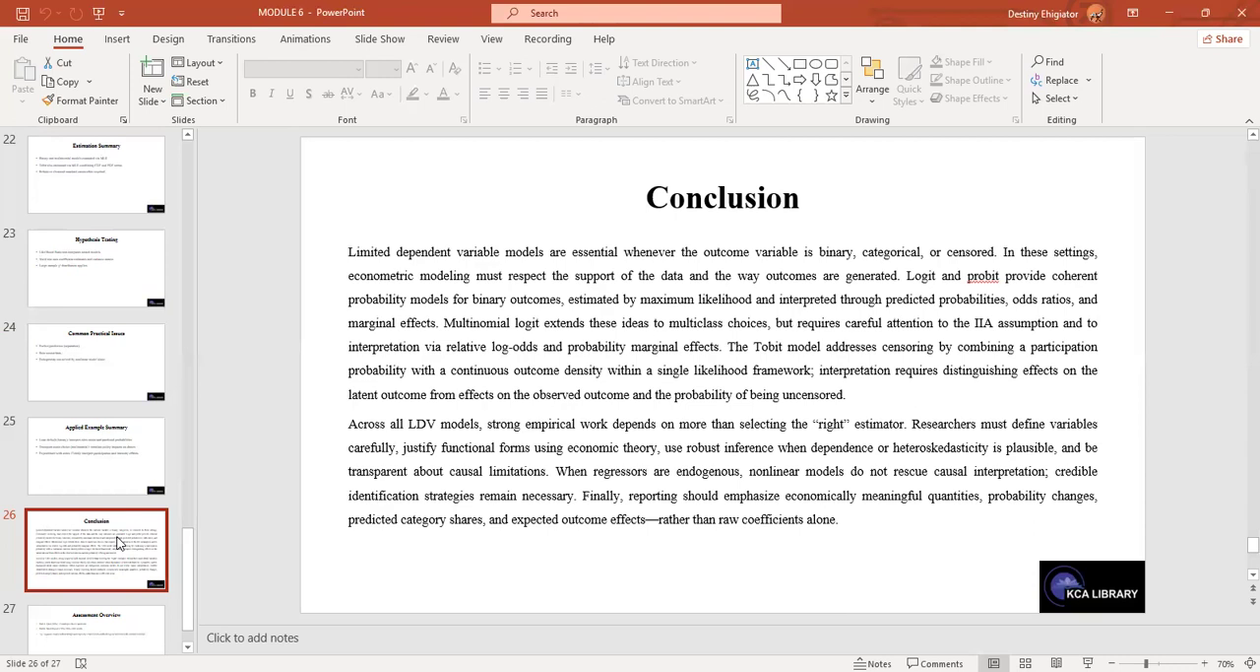Across all LDVs, strong empirical work depends on more than selecting the right estimator. Researchers must first define variables carefully, justify functional forms using economic theory, use robust inference when dependence or heteroscedasticity is plausible, and be transparent about causal limitations. When regressors are endogenous, nonlinear models do not rescue causal interpretations. Credible identification strategies remain necessary. Finally, reporting should emphasize economically meaningful quantities, probability changes, predicted category shares, and expected outcome effects rather than raw